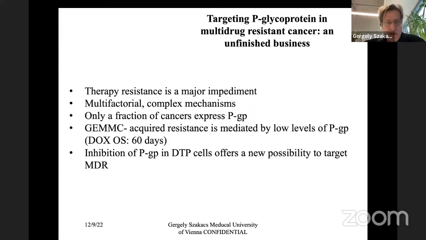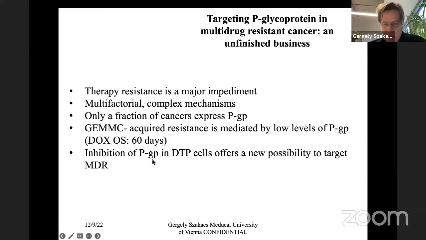So this brings me to my summary, which says that therapy resistance is, of course, a major impediment to successful treatment. Of course, resistance is a complex phenotype based on very complicated mechanisms, of which PGP-mediated resistance might be only a subset. And even though only a fraction of cancers express PGP when they are resistant, we could demonstrate that the success of treatment in vitro and also in vivo with the PGP substrate doxorubicin can be significantly improved if we target DTP cells